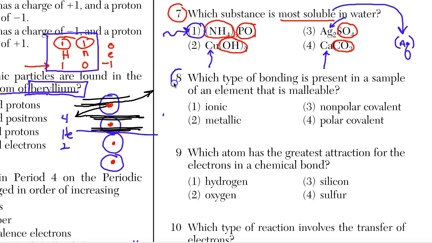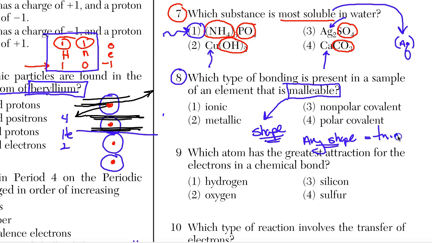Number 8, which type of bonding is present in a sample of an element that's malleable? That is the key word, malleability. And essentially malleability means we take a mallet or a hammer and we can basically shape this substance into almost any shape. It has the ability to take on any shape. We can hammer it into a thin sheet. And the reason that we can do this is because it has certain types of bonding that allows it to